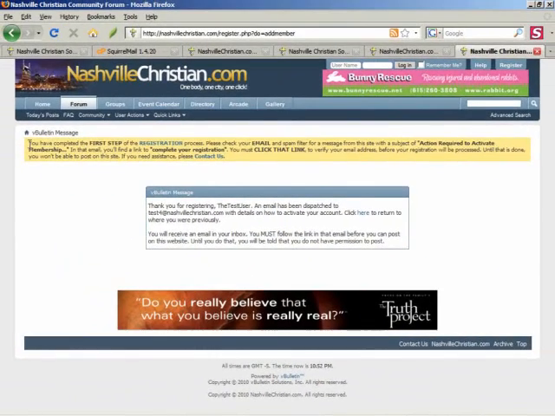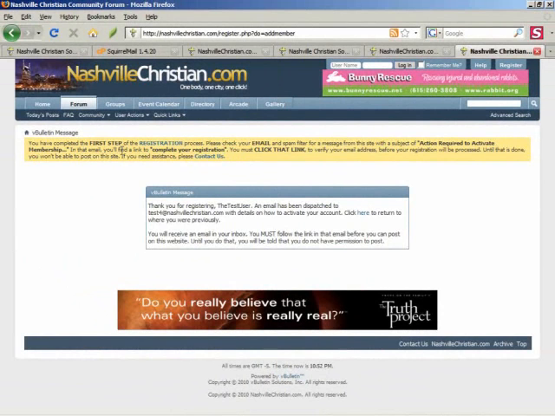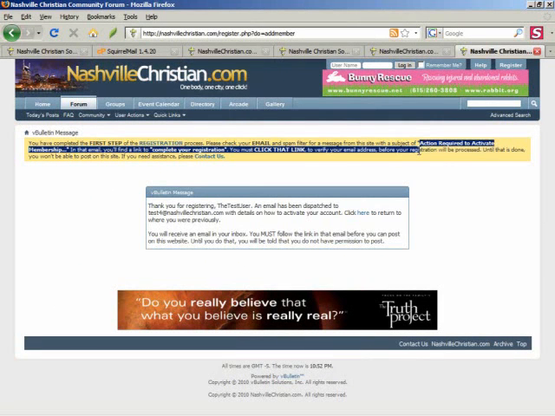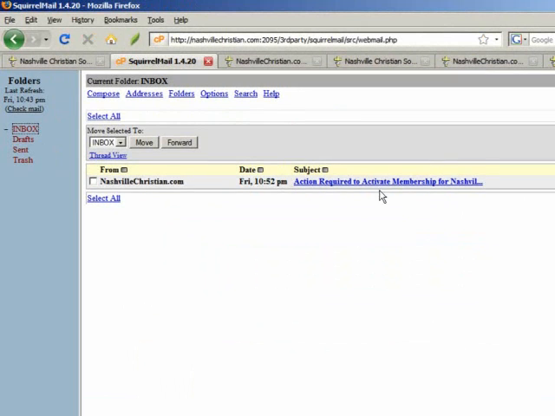You will now see that the announcement message has changed at the top of the page to "You have completed the first step of the registration process. Please check your email and spam filter for a message from this site with the subject of Action Required to Activate Membership." So go to your email box and log in to look for the email that says Action Required